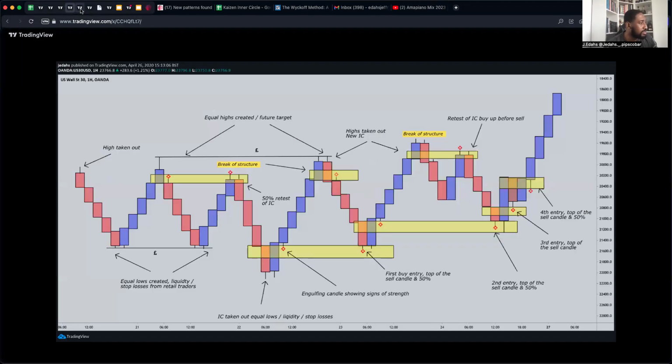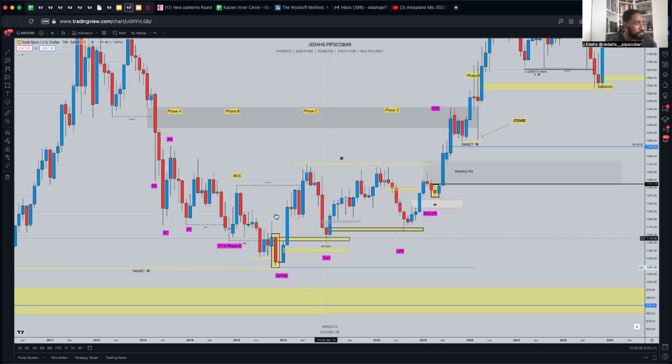Let's go to this picture. Oh, wrong one, sorry, it's right here. Again, equal lows get taken, a down candle happens. It always taps into supply or demand, depending on whether you're buying or selling. Engulfing candle, price breaks above, creates some equal highs, then it comes back and taps into our area again, where it's just taking everyone's lunch money, and then it goes up. So this happened in 2016. You can see that, boom. Literally all the signs: break of structure, great.